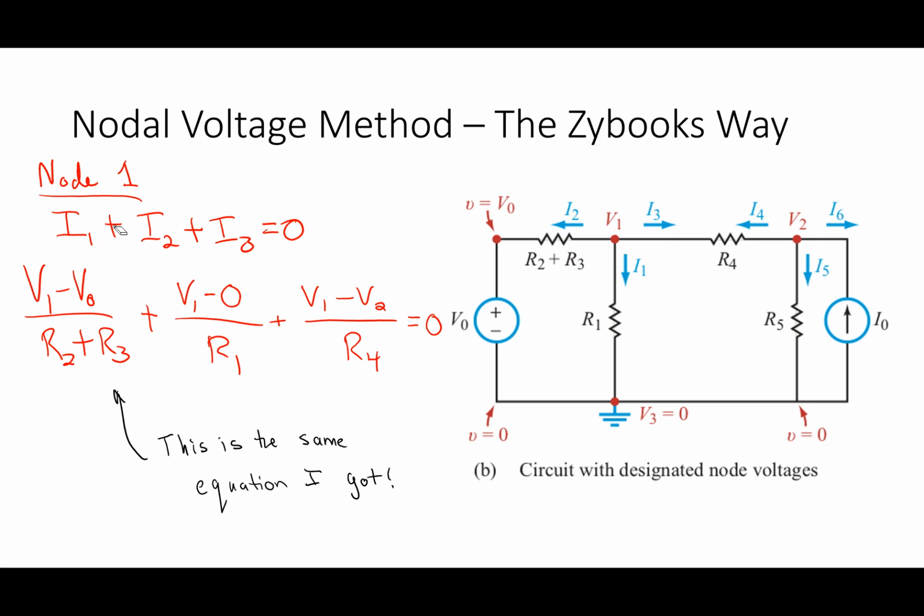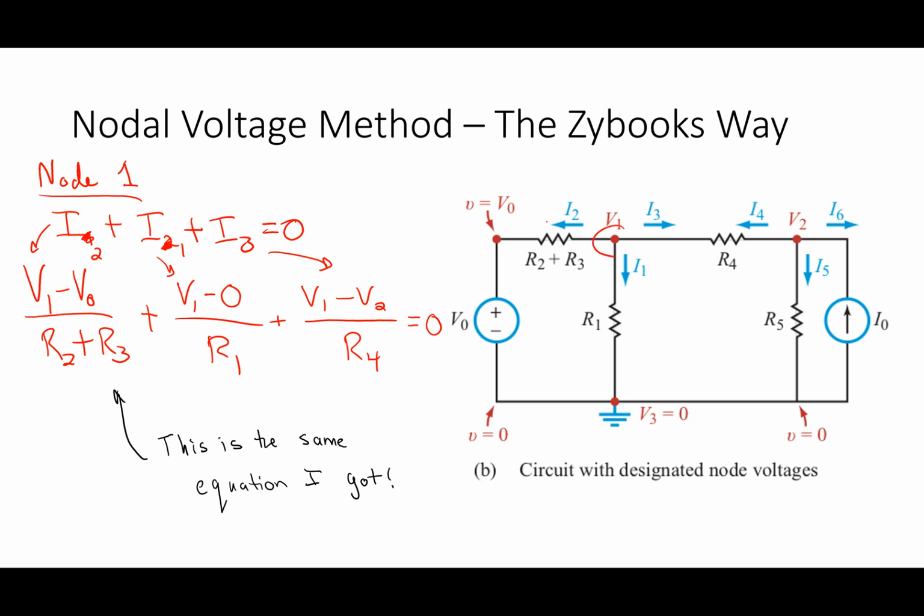I guess just to be clear, the way I put these in here, this is I2, this is I1, and then I3 is here. Now, what they do in their approach is you define the current here for this guy as always the voltage at the node it's leaving from minus the voltage at the node it's going to. All right, so you look at I2 there,